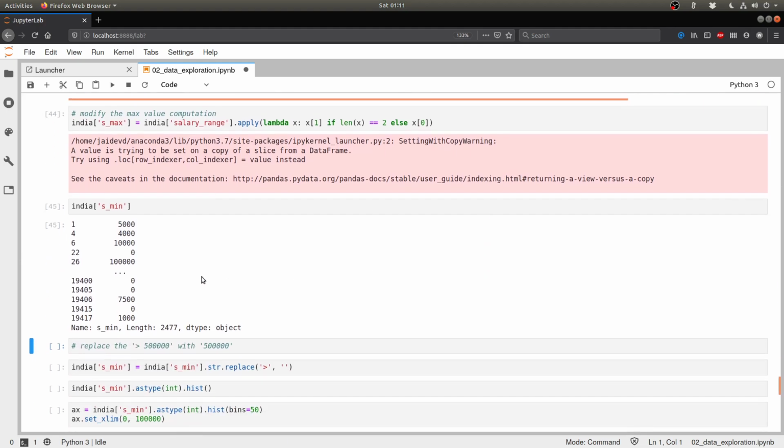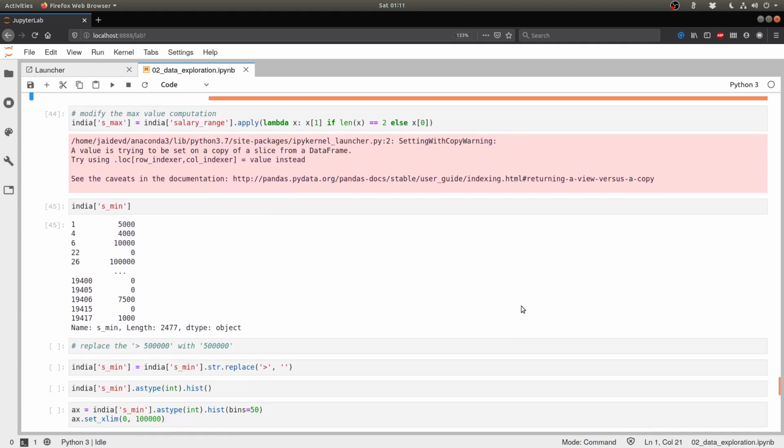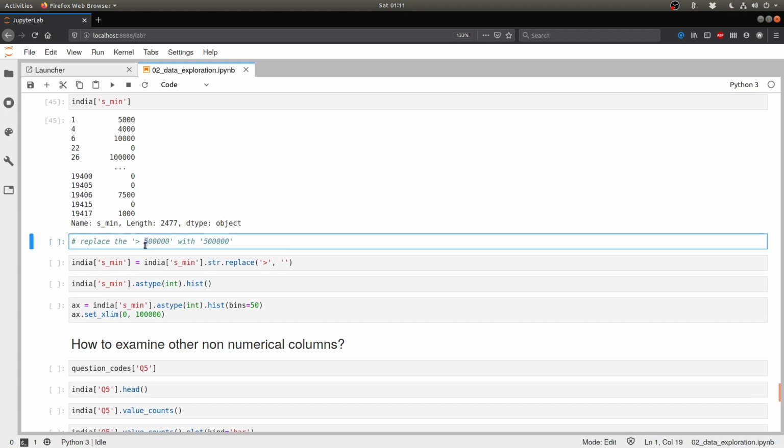And then when we look at S-min, these are now the individual objects that we see, and these are pure numbers. They are still objects, but they are at least able to be converted into numbers. We can just do an astype int as we did earlier, and then convert them into numbers. Whereas you see in the max column again, we'll still have this greater than 500,000 cell. Now what we need to do is get rid of that greater than 500,000 and cap it there. Now if it's greater than 500,000, we don't know how large it can go. So let's just use whatever we have. Let's use the upper bound as the maximum salary itself.